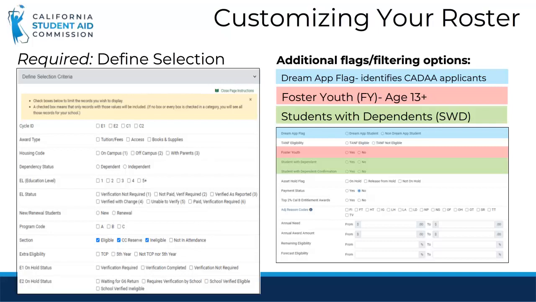The DREAM Act flag can be used as an outreach tool to ensure all DREAM Act applicants have submitted their non-resident tuition exemptions. For foster youth, this identifies students who are in foster care at age 13 or older, and it can be used to refer foster youth students to additional services such as priority registration. Student with dependents identifies students who indicated on their FAFSA or DREAM Act application that they have a dependent